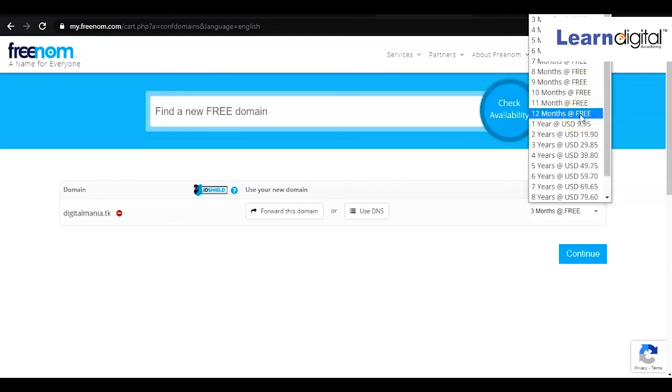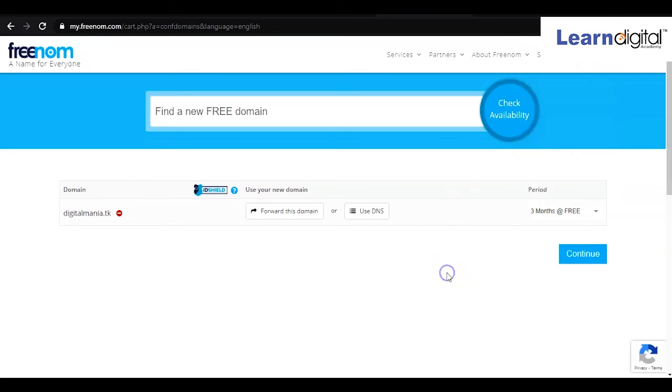So for 1 year this domain you can take totally free. You don't need to pay for this one. After that, you can see in your dashboard whatever domain you have registered from this platform. So that way, you can select a domain and purchase it from different service providers.